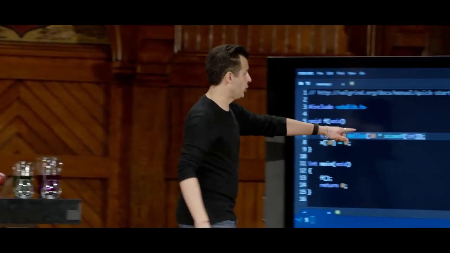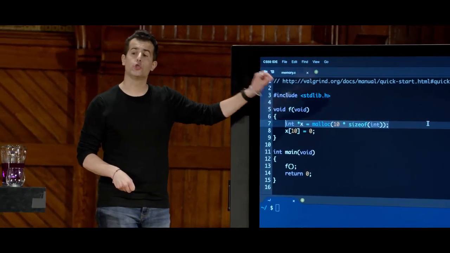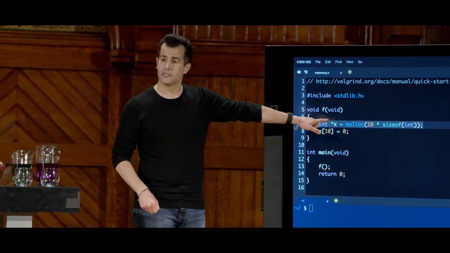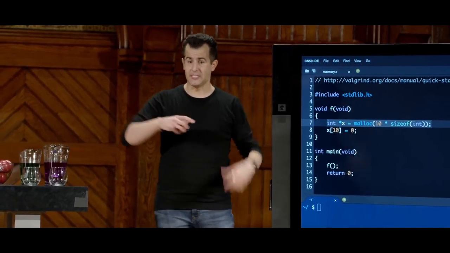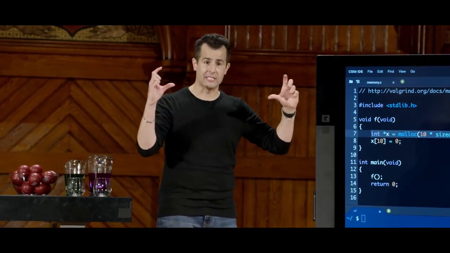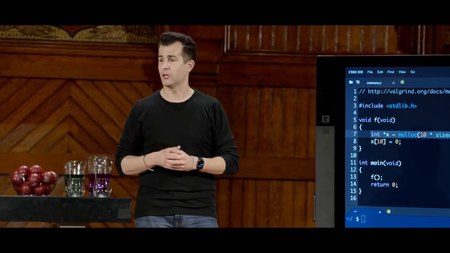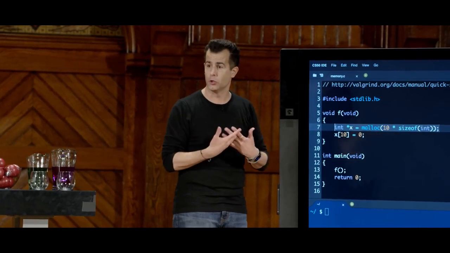Good. Allocate enough memory for 10 integers, and then let me elaborate on your words, and then store the address of that chunk of memory in a pointer called x, if you will. So sizeof is new, but it literally does what it says. If you say sizeof, open paren, close paren, and then the name of a data type, it will tell you that an int is 4 bytes. It will tell you that a long is 8 bytes. It will tell you that a char is 1 byte. It's just a dynamic way of avoiding having to memorize those kinds of things.